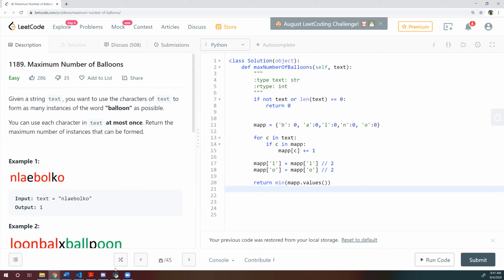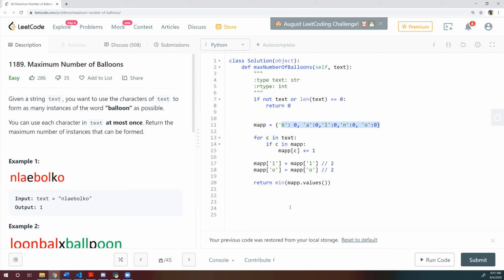Okay, so lines 17 and 18 do the trick for L and O. Minimum, makes sense. Yeah, it looks very neat, very few lines. The complexity would be, I think, order of n. No, not order of n. Oh yeah, it is order of n, because I am traversing this. You can't have less than this, right? And memory is just these 5, constant.